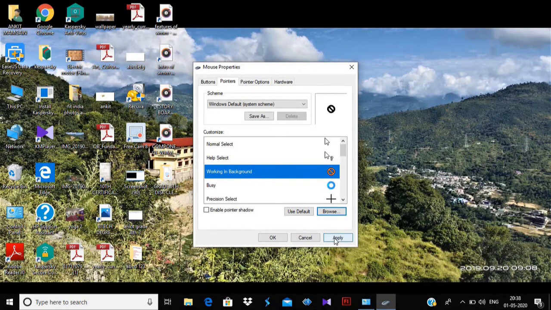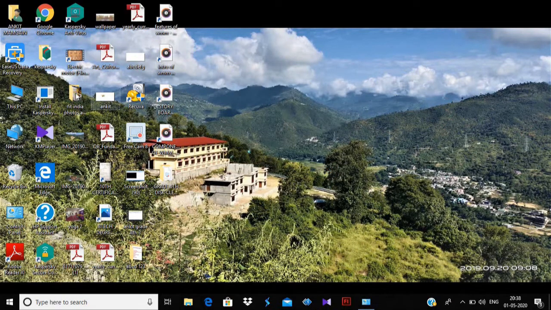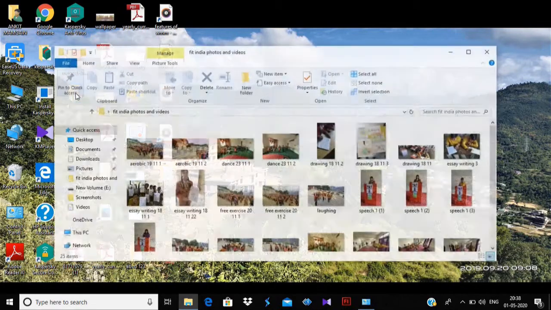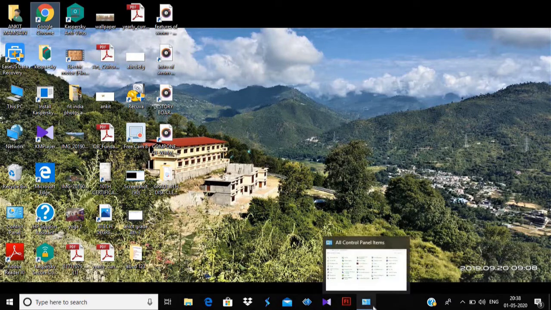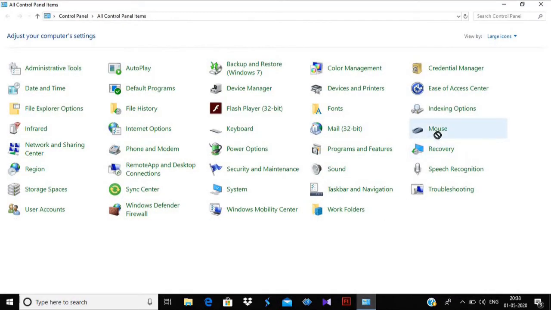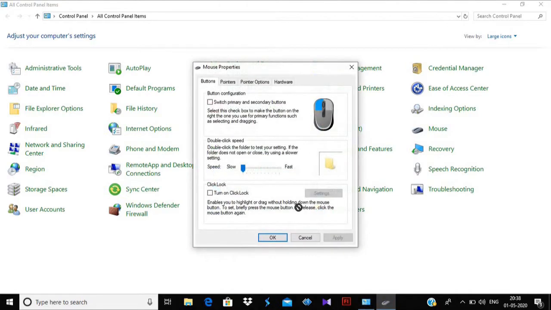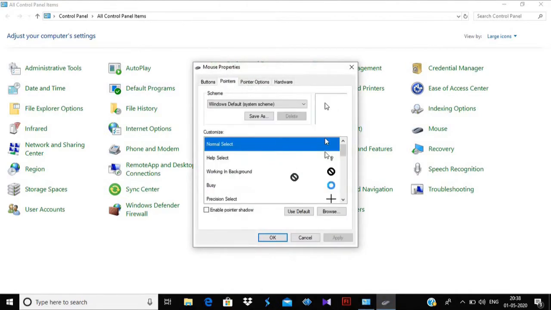If I click on apply, see, this is working in background, so it is showing me a different kind of pointer. Now move on to mouse again, pointers. So I have changed the setting of the pointer.